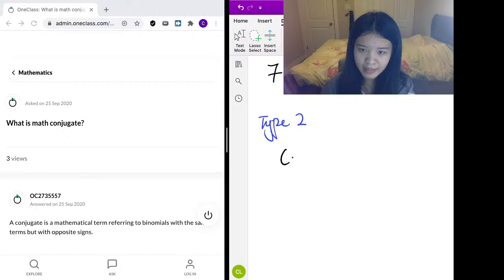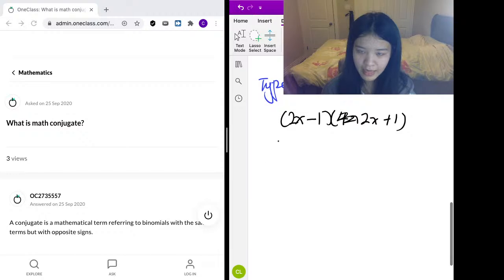And the other type of problems, or type 2 problems, that you're most likely to encounter is asking you what's the conjugate of 2x minus 1 times 2x plus 1. So in this case, you need to simplify the terms. So you know 2x minus 1,